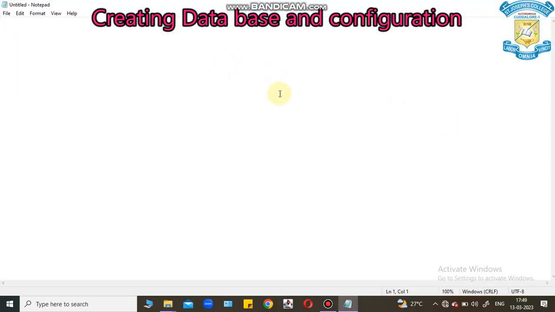So here, Java provides a package called import java.sql.asterisk. So this is the package to implement database concepts in Java. The next one is I define my class sample db, and then I define